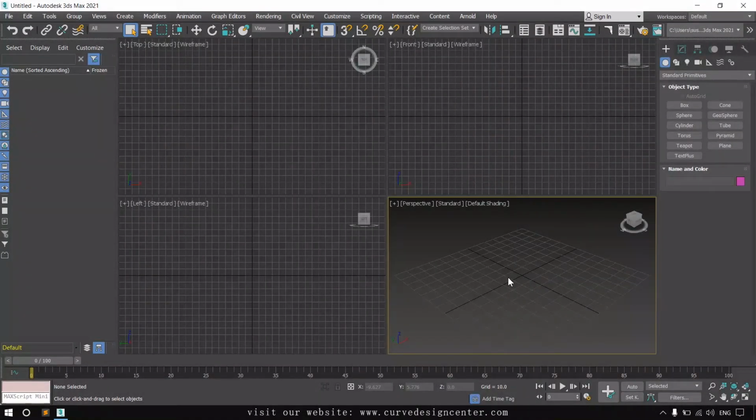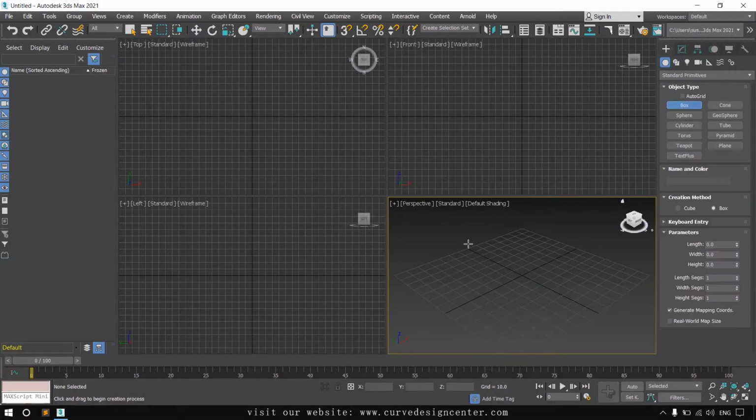Hello student, in this class we learn about edit poly. So first I create a box